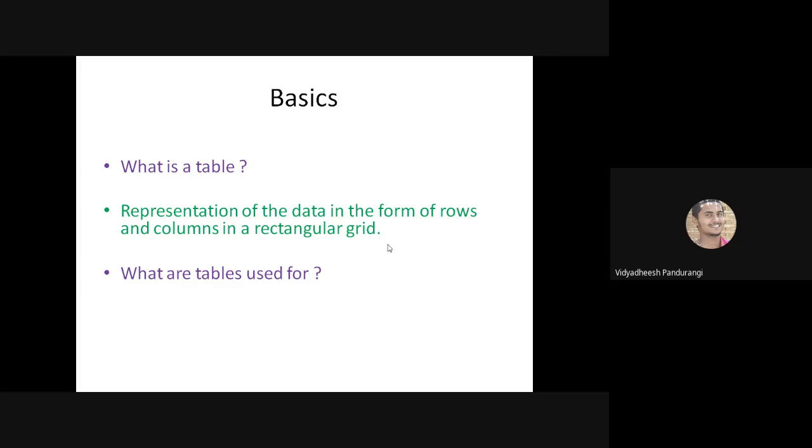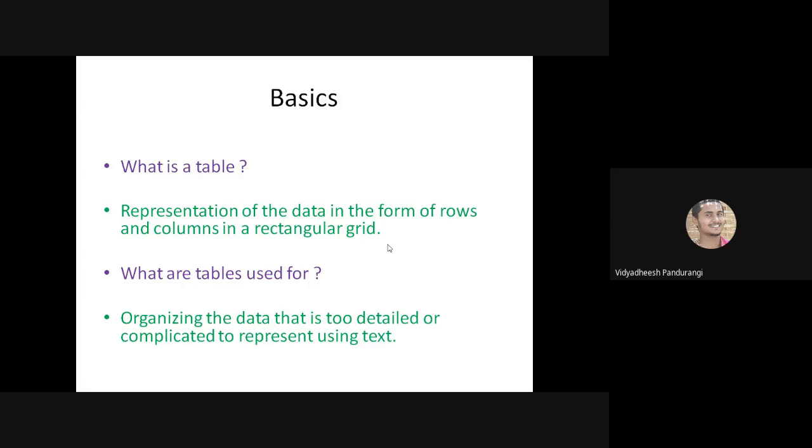Not the same information, but the same type of information. So tables are used for organizing the data that is either too detailed or too complicated to represent using text. Here, complicated to represent using text means that it is repetitive. I hope the point is clear.